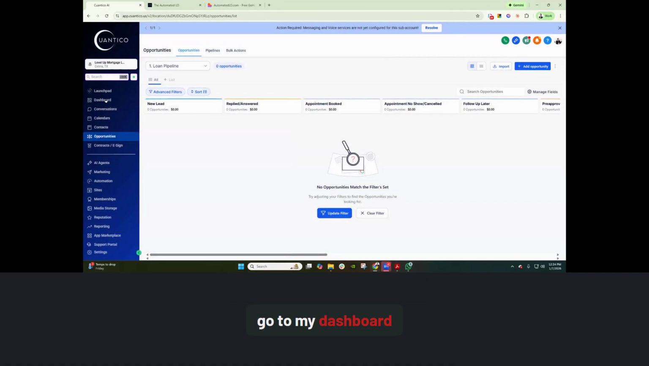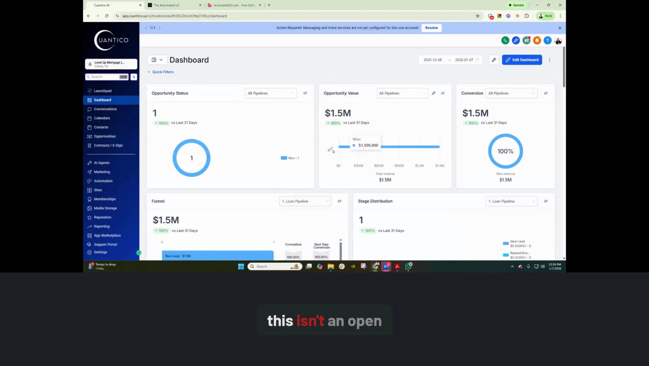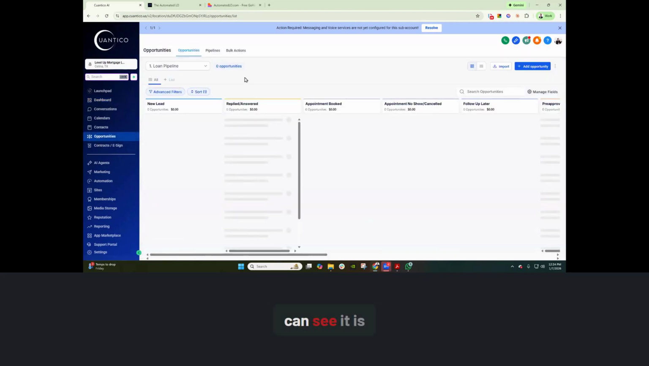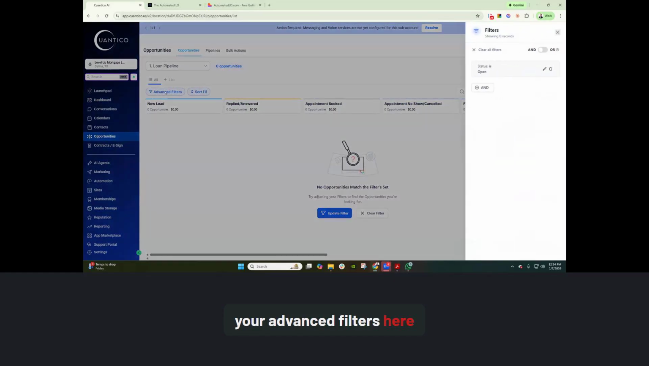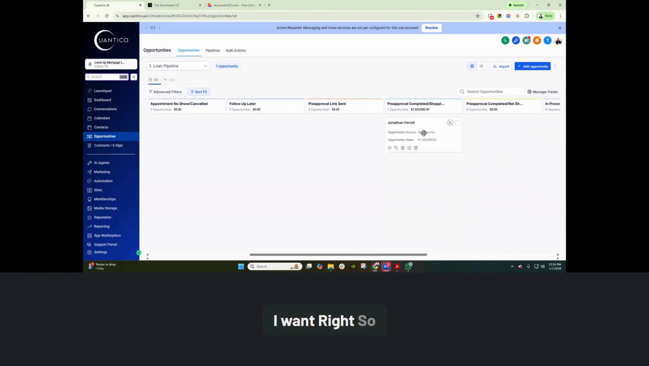So if I go to my dashboard right here, I can see, hey, this was a won deal, right? This isn't an open deal anymore. This is won, but I don't see it anymore. So the way that you can see it is if you go into your advanced filters here and then clear it, I now see all of my opportunities and there's the deal that I won, right? So again, extremely important with reporting, with dashboards, with your pipeline that you learn